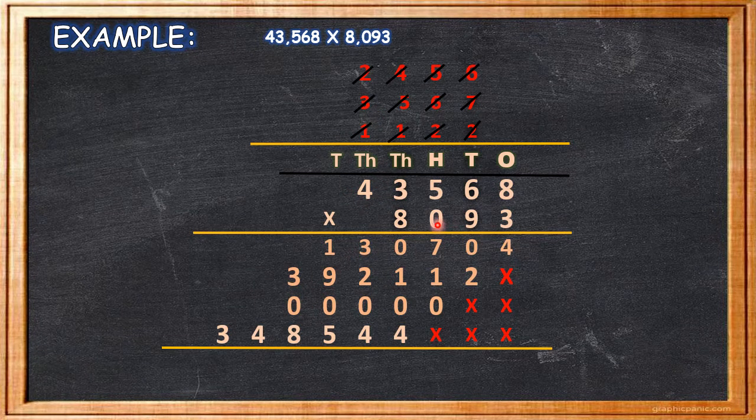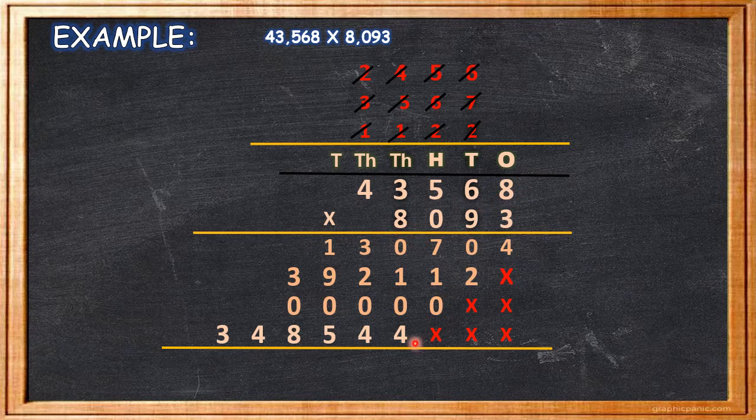Now with 0, that is hundreds column. So put cross under 1's column, put cross under 10's column, and rest will be 0. As whenever we multiply any number with 0, the product will be always 0. This much is clear, children. Now let's see. Multiply with 8 all the digits.